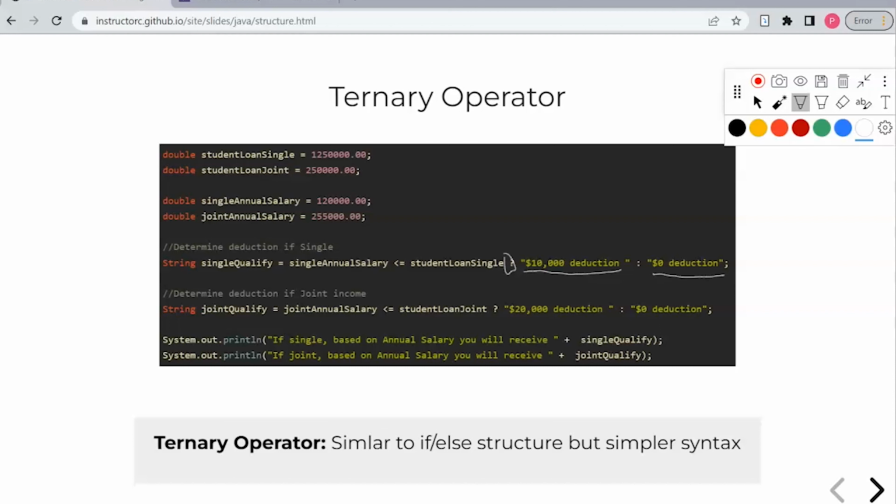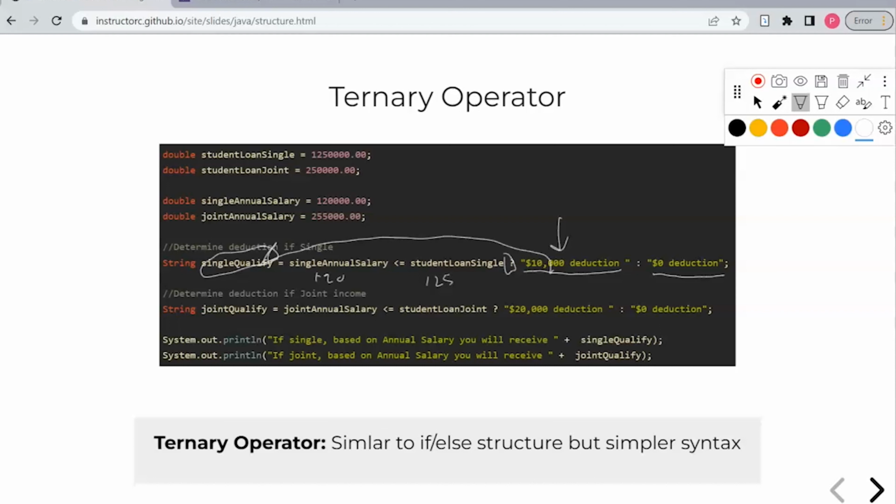And so in this case here, this statement is true, that $125,000 is greater than $120,000. So what's going to happen is that $10,000 will be assigned to this variable, single qualify. And so when we output this, it says, if single based on annual salary, you will receive